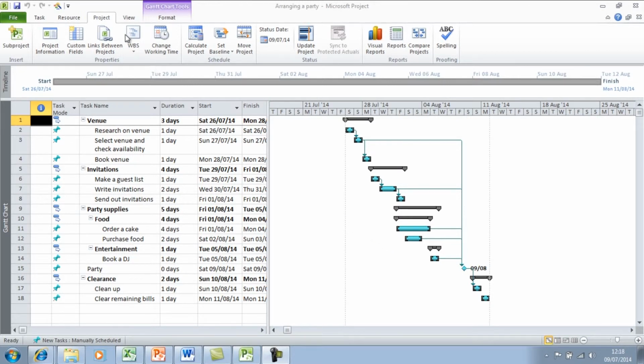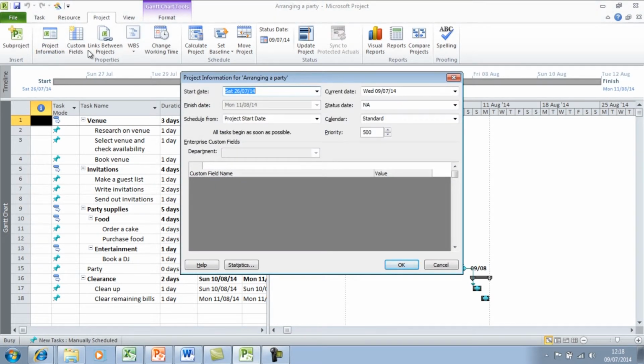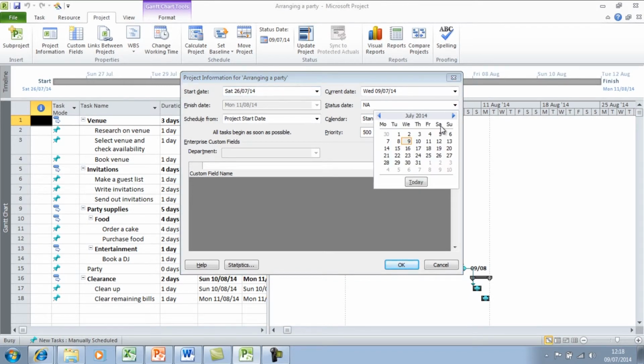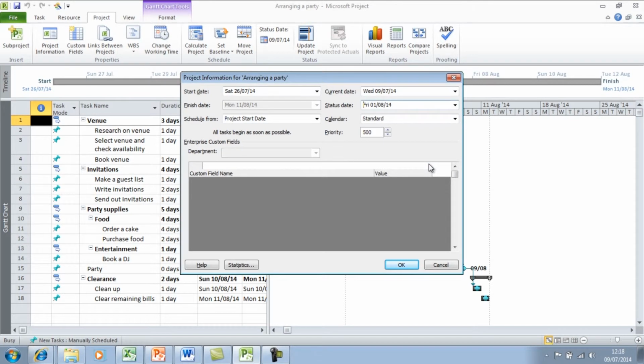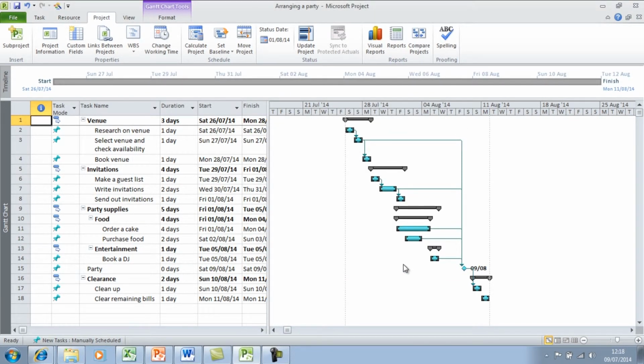If I go into the Project tab and select Project Information, and in the Status field, I need to change the status date. So I'll select the 1st of August. Okay. Now to start recording the actual start and finish date of a task, I need to open up the